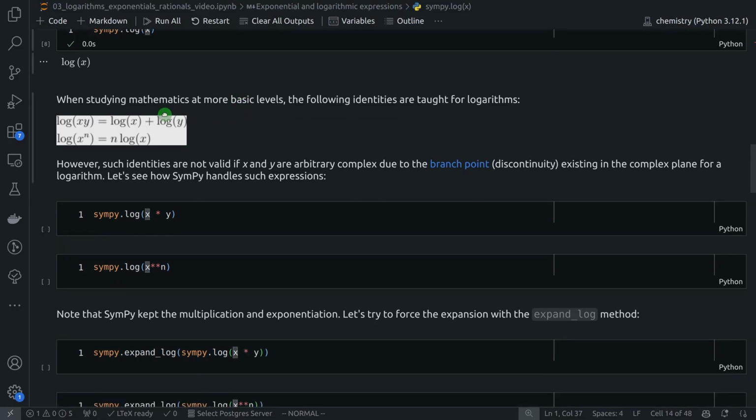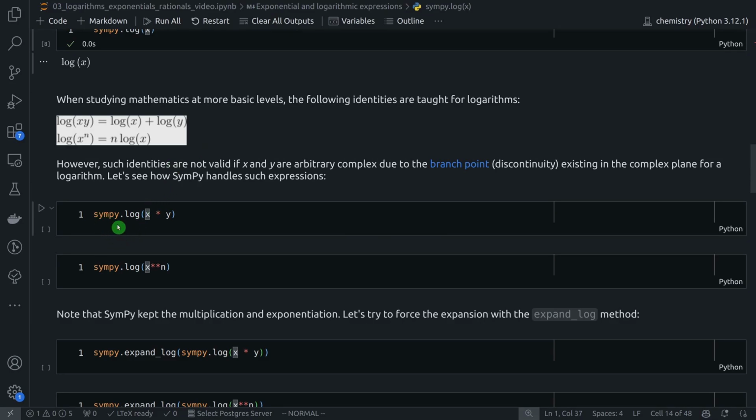Now let's take a look at these equations. Okay, we have here two equations, actually two identities that we usually see when we are studying logarithms. Okay, such identities are not valid if x and y are complex. They are valid only when x and y are positive real numbers and only when n is a real number. And let's see what SymPy does with these